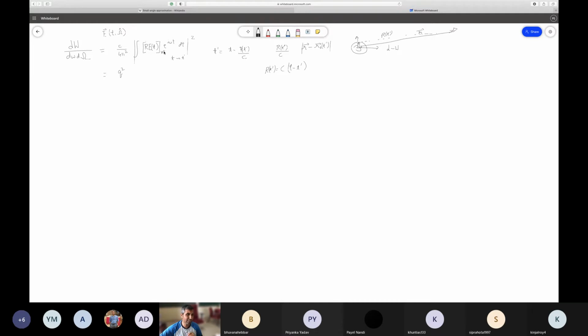So this is an expression in terms of omega and t, we converted into something in terms of t prime, which was q squared omega squared by 4 pi squared c. So let me just write down this expression, n hat cross. So n hat, this is this direction. And since the source is compact and the observer is too far away, n hat can be treated as a constant. So n hat cross